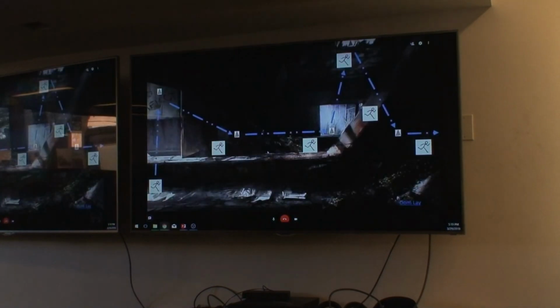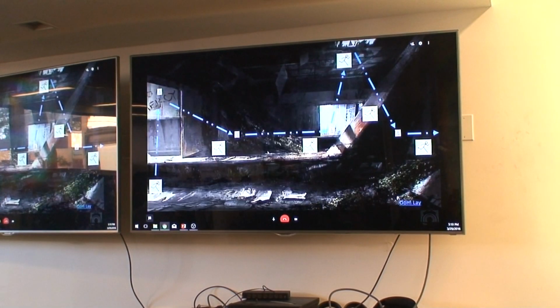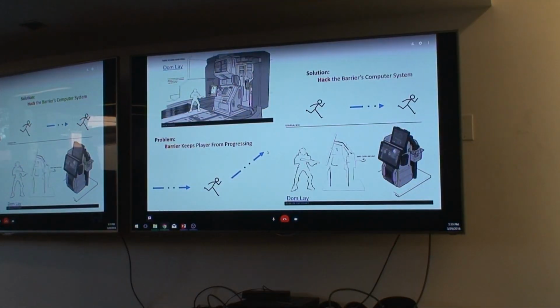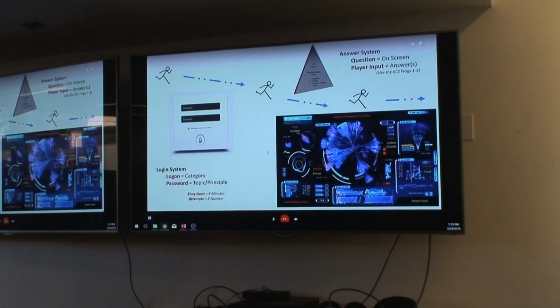So what does that kind of look like? Well, here's a concept artist of an environment. So this little stick man is running around the different area, finding all the different clues. Once they find those clues, then they come up to the computer system, and then they hack into the computer system. And once they log into the computer system, whatever the category, then they will come to a screen like